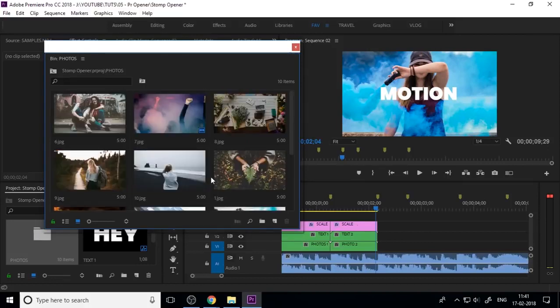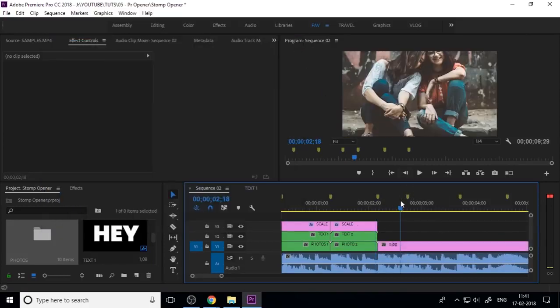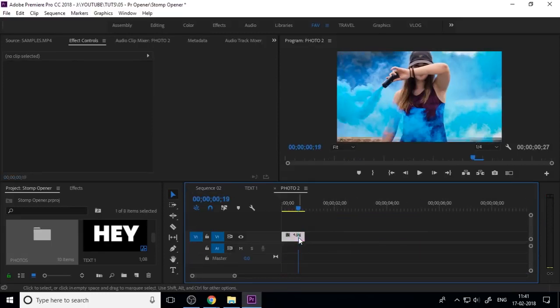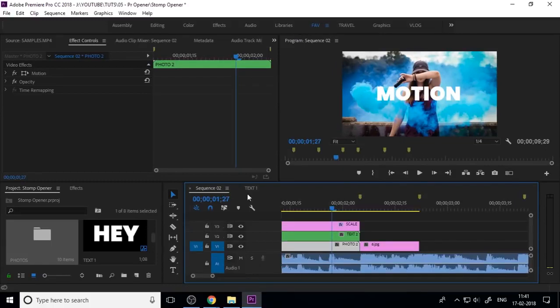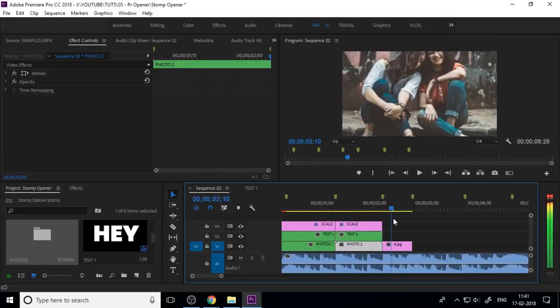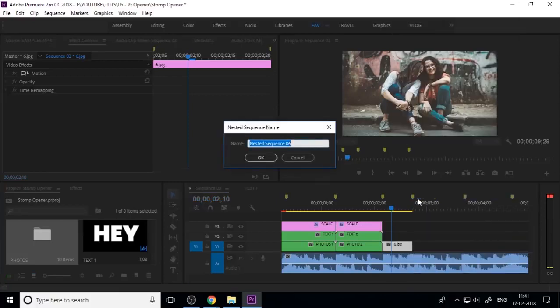Now import your third image or video into the timeline and split again. And I think just copy your text. I just scale the frame of this photo and go to the text window. Also adjust the scale frames of this photo and just nest this photo